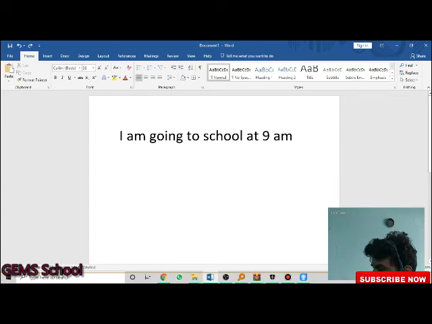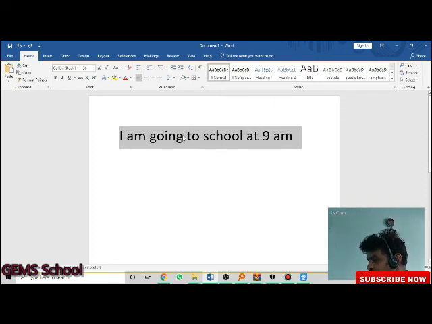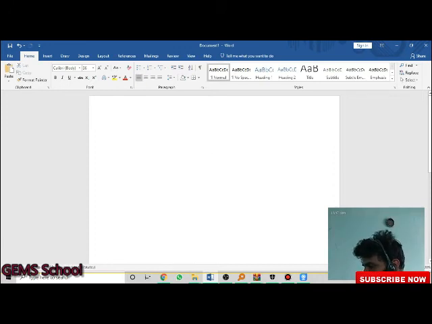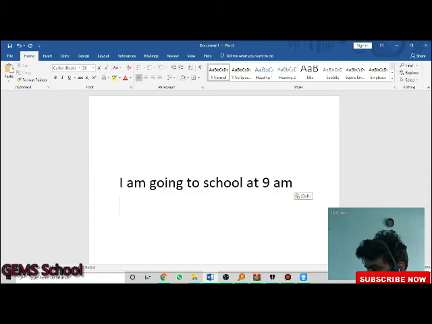Now what about cut paste? Just select the word. The shortcut key is control plus X. Once you do control plus X, the old location will disappear, and go to the new location and press control plus V. Actually, control V is for both. If you want to copy paste, you can paste, and paste never changes. Only copy and cut will change. For copy we have to press control plus C, and for cut paste we have to use control plus X and control plus V. Copy paste is control plus C and control plus V, and cut paste is control plus X and control plus V.